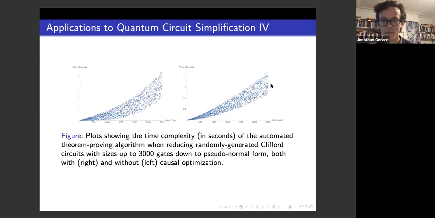But seeing as though we're almost at the top of the hour, and I think there's a chat question, let me stop the structured part of the talk so we can go into more